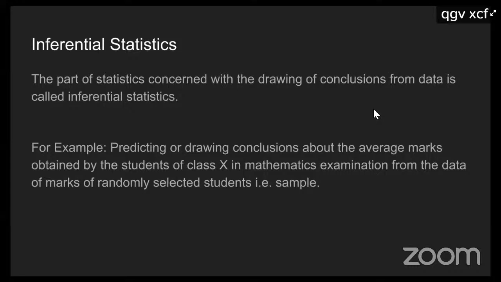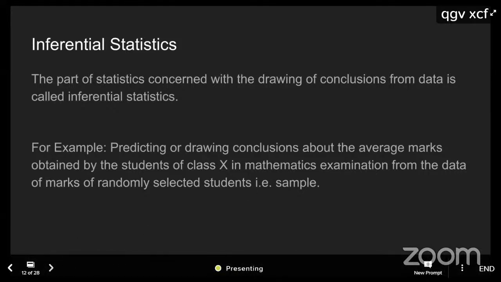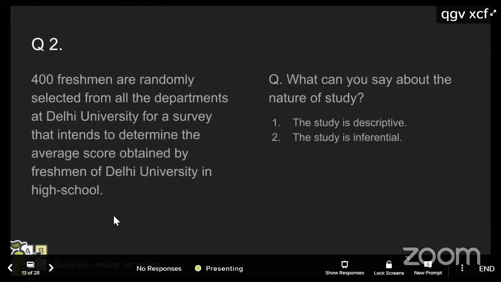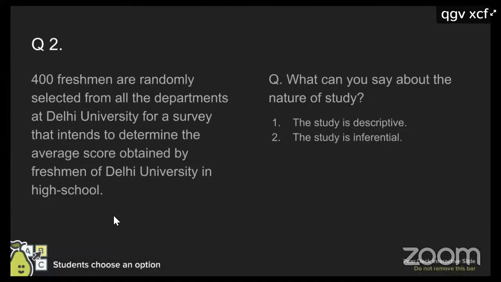First of all, this is what I said: inferential statistics can be done on a sample only, and the sample should be a good representative of the population. Kindly relate these things. If all the students are not participating and only one student is left out, intentionally or unintentionally, then it is a sample. It's not a complete population.